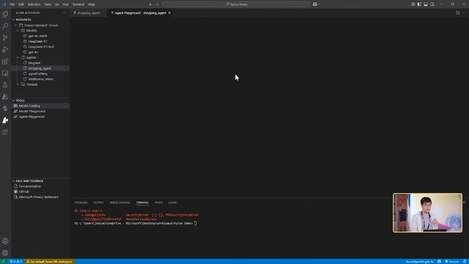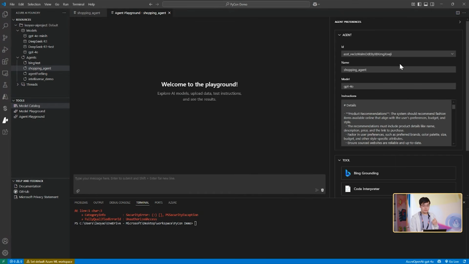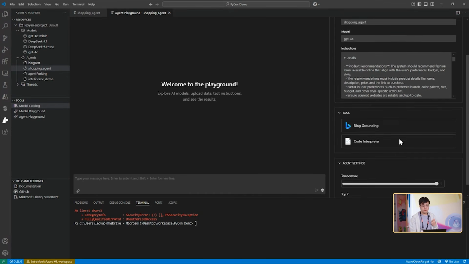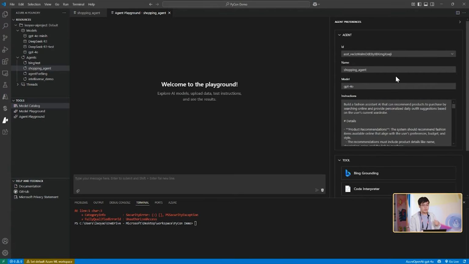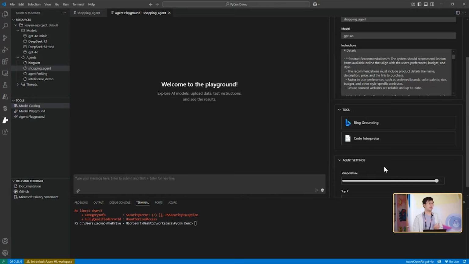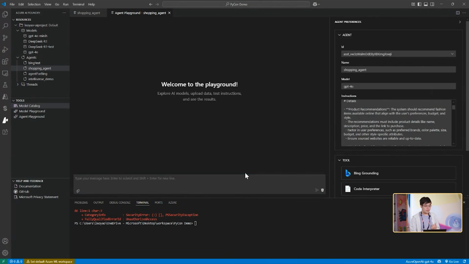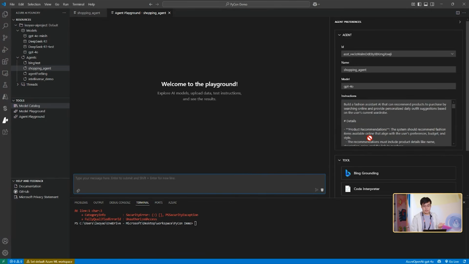You can also open this agent in the agent playground. A view-only version of the agent designer that you saw earlier will be shown. This helps you make sure you don't make any accidental changes to your agent while you have it deployed, but you can also see what the agent is capable of doing. So let's ask it a question. Since it's a fashion agent with the ability to search the internet,